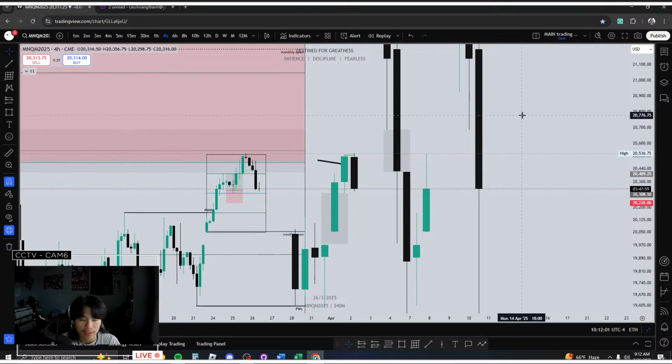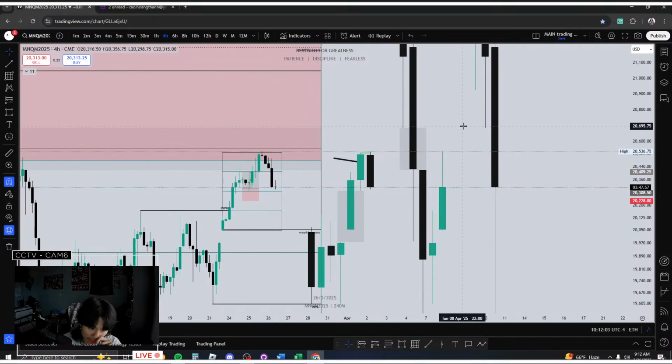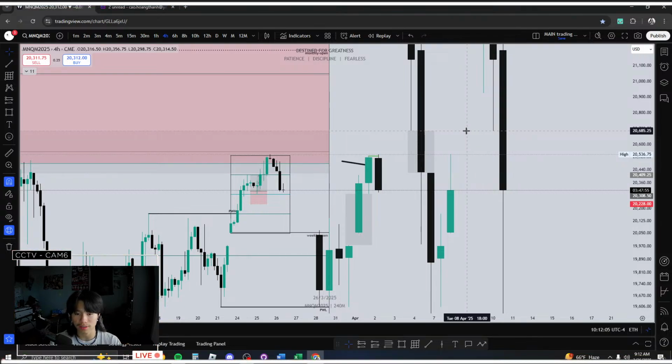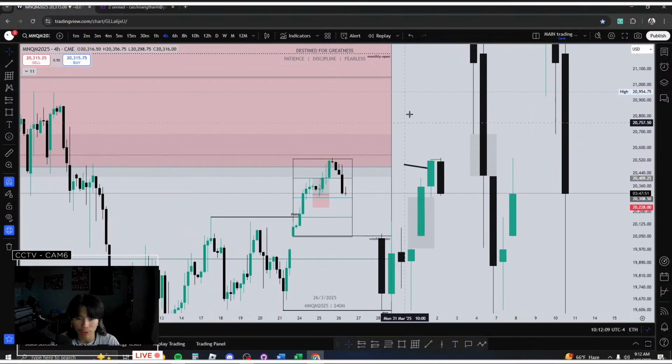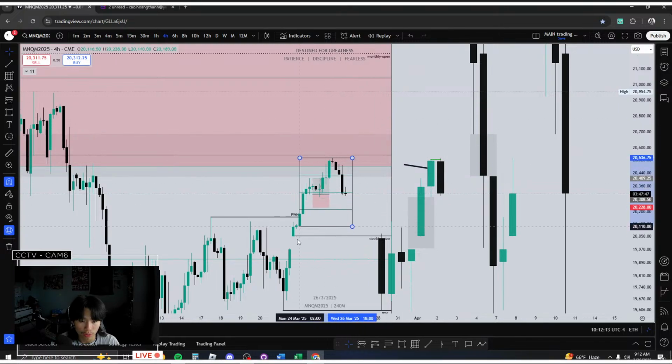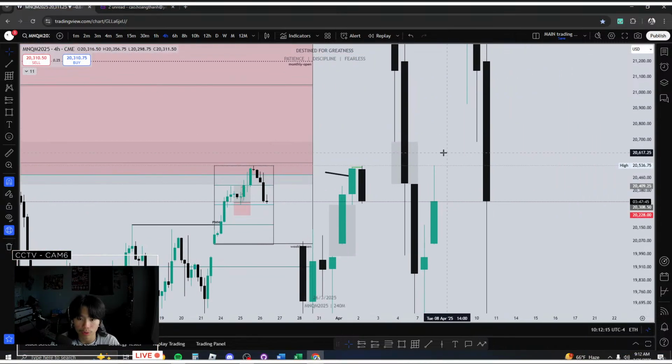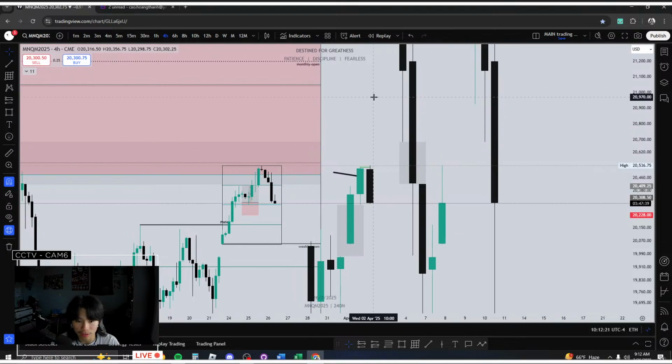So that's the two things I want to mention, that if we do end up starting to see lower prices, that could be the reason. We retraced back into the premium, and we also traded back into that weekly inefficiency. So let's take a look at